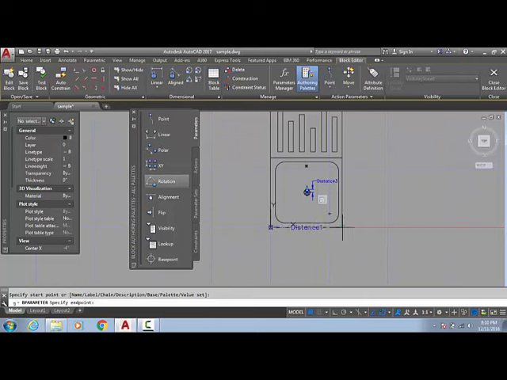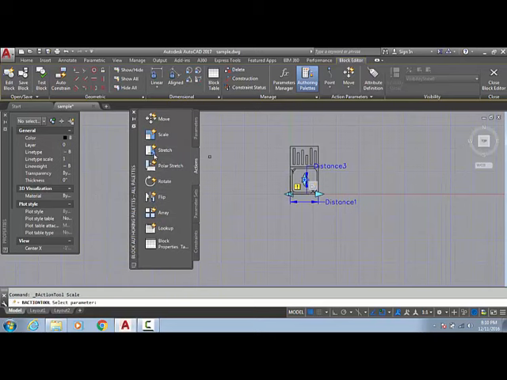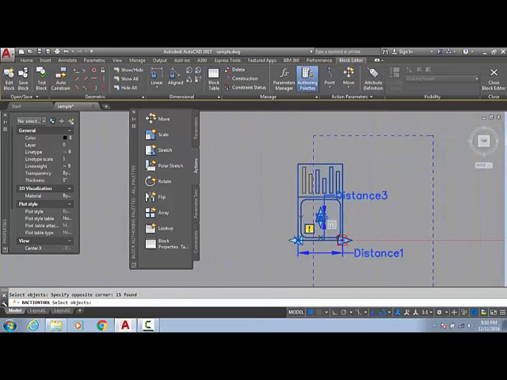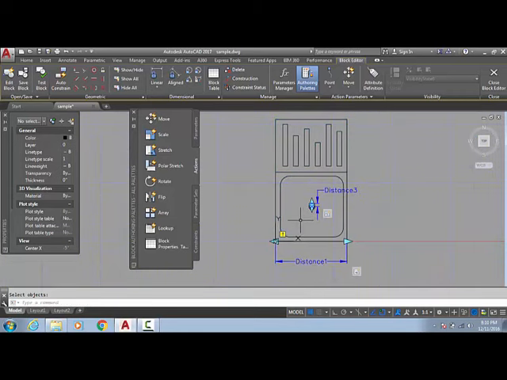I have to press the shift key. So go again, escape, stretch, select the parameter, select the point, select the window and select the object. This is okay. Hold shift key and deselect all this and click enter, okay.